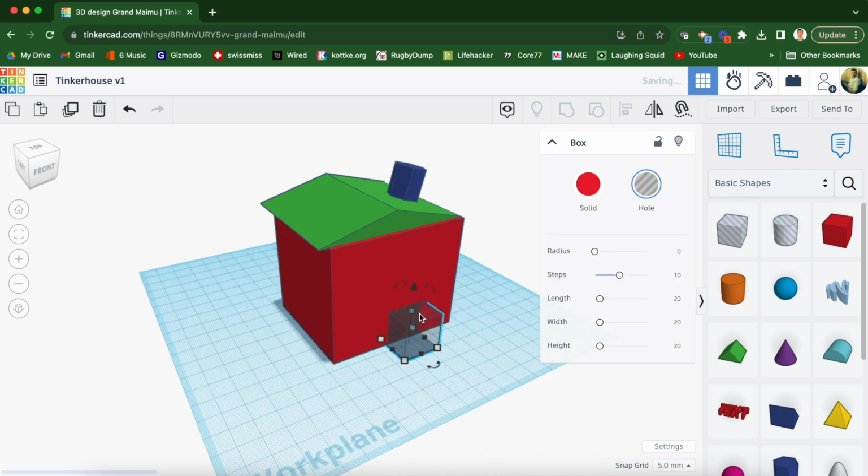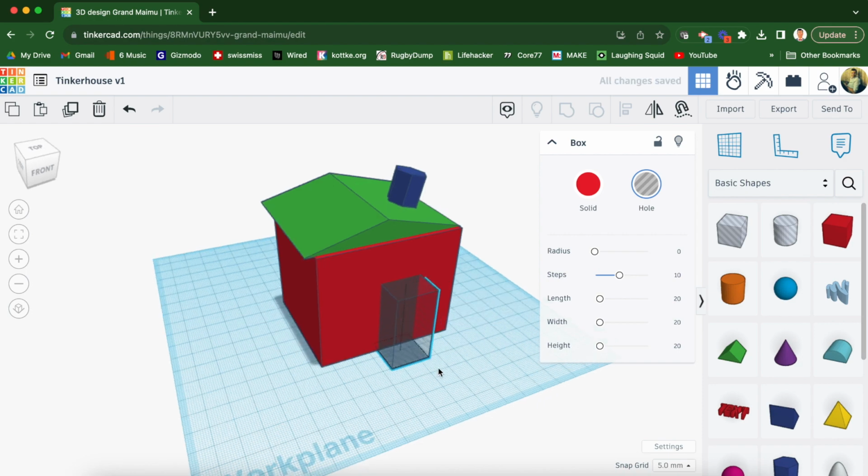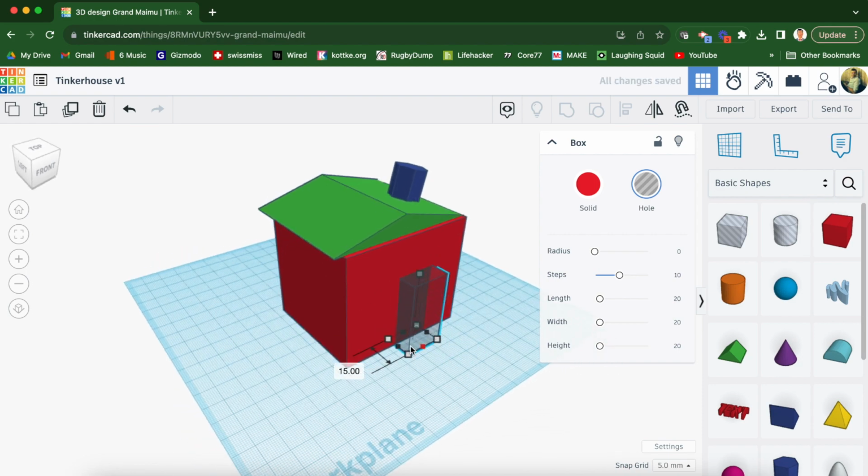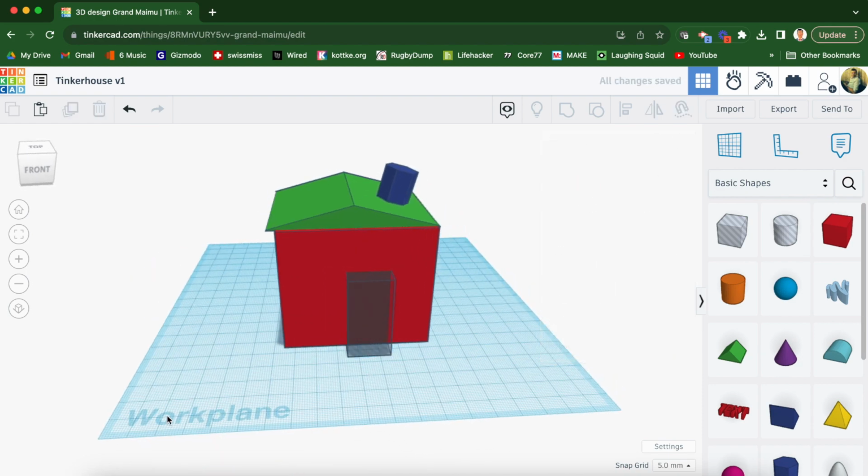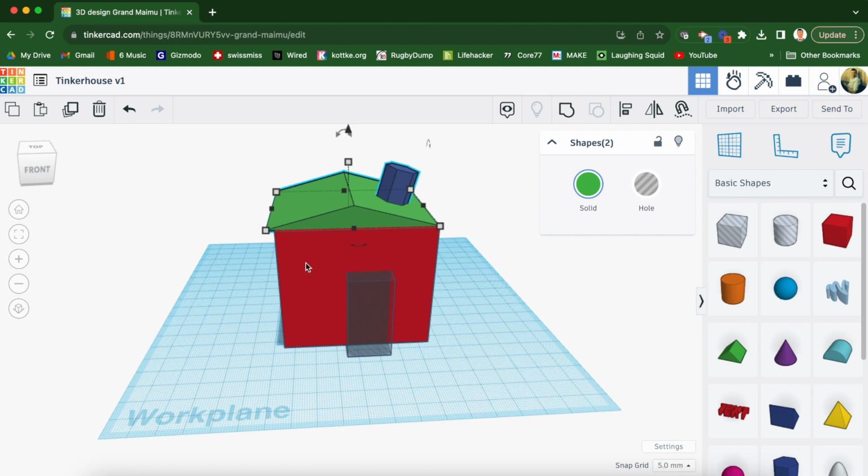The last thing I'm going to do is to create a small cavity for a porch. To do this, I will use the grey striped box. Being striped grey means it is a hole, so that when I intersect it with another shape and group them, it will remove that area that overlaps between the solid and the hole. To group the shapes, I can click and drag around them, or I can hold Shift on my keyboard and select the shapes by clicking on them one by one with my cursor. I can then group them using the now active group icon, or